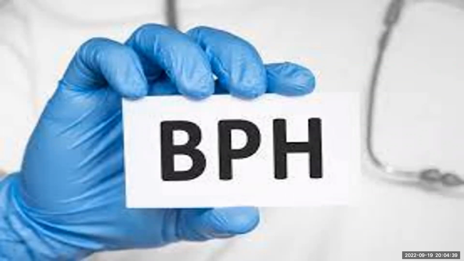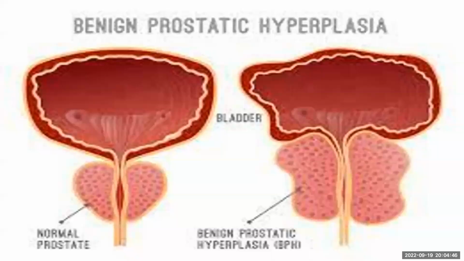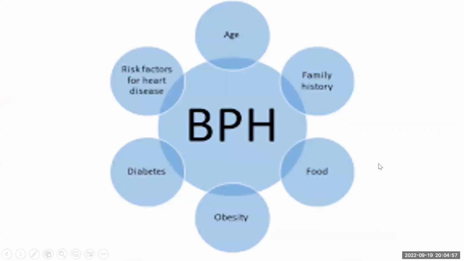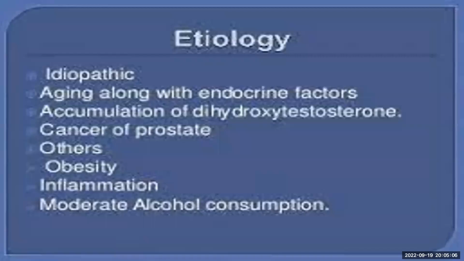BPH is benign prostatic hyperplasia. This is the normal prostate, and this is the enlarged prostate. So what is the cause? Aging is the main cause. Then family history, food which we intake, obesity, diabetes, risk factors of heart diseases, all these will aggregately increase the risk of BPH. So it's idiopathic, with endocrine changes. No one will ask about the causes, but